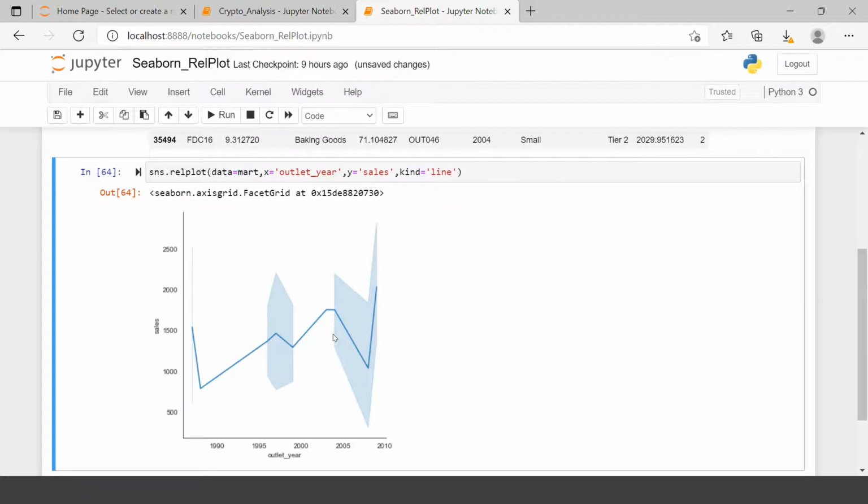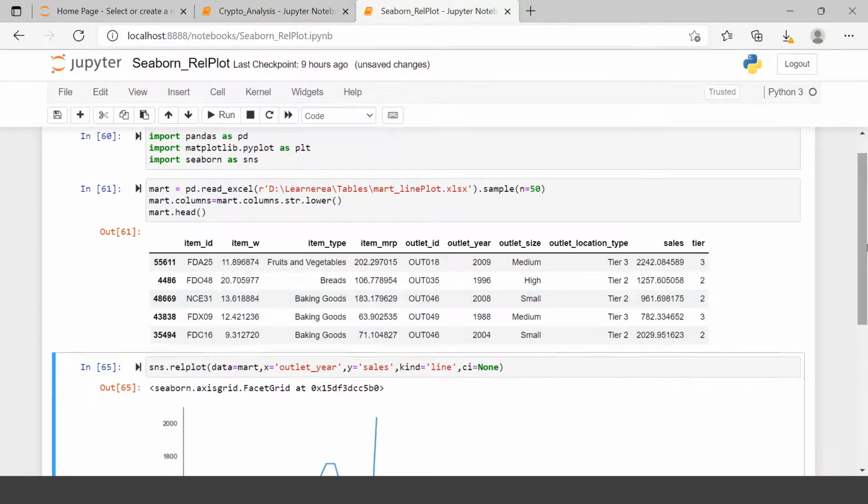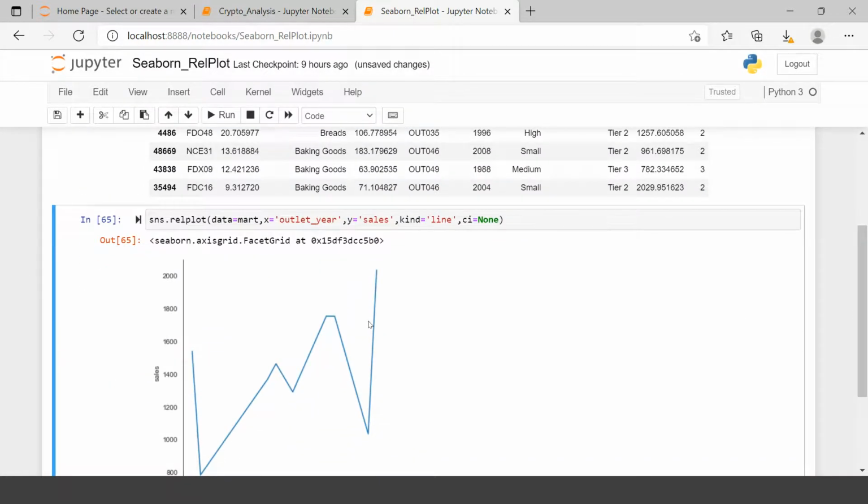Now again, about line plot, I have covered it in a different video, for which the link is showing over here, and that is available in the description section as well. Just go and check it out. Now here you can see we can hide this confidence interval. Remember one thing, when you have the scatter plot, you can use all those options which we learned in the scatter plot over here.